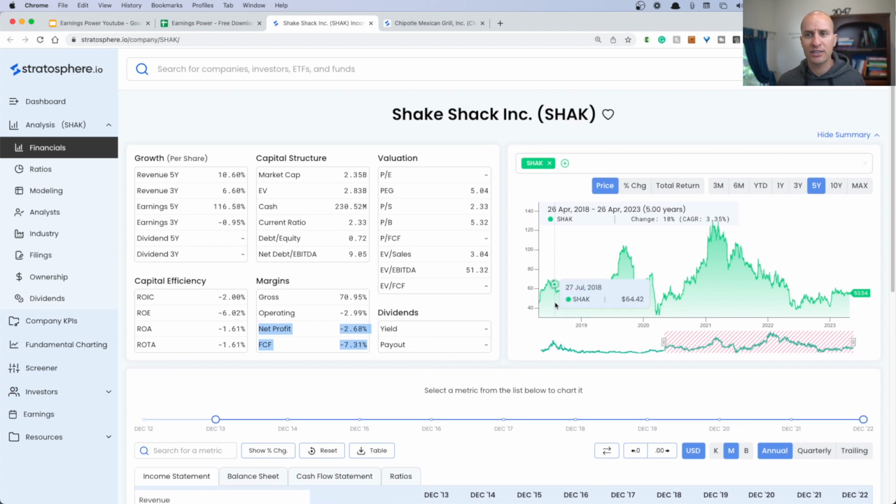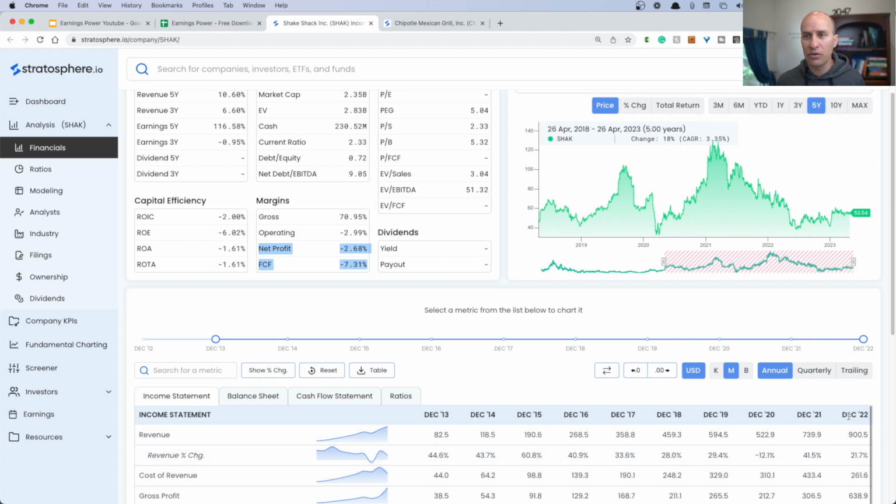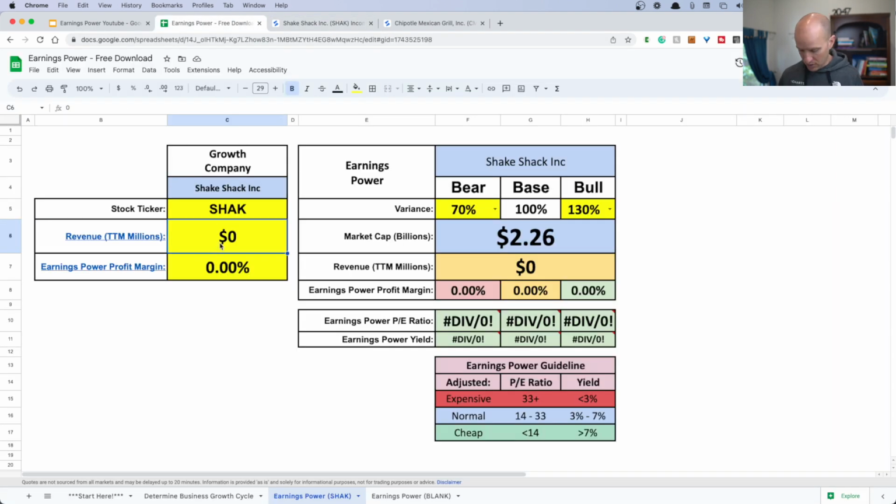So step 1 is asking ourselves, how much revenue did Shake Shack generate over the trailing 12 months? In this case, we're going to be looking at December of 2022. Last year, they did $900 million in revenue. So $900 million in revenue. Make sure this is a $1 million number. So step 2 is asking ourselves, how much